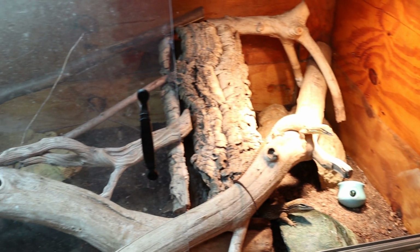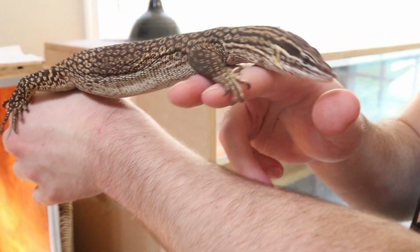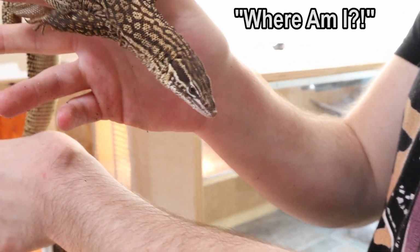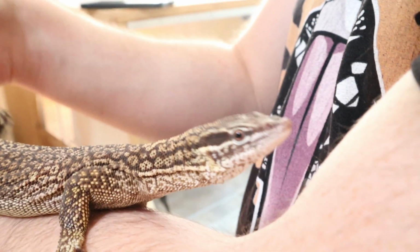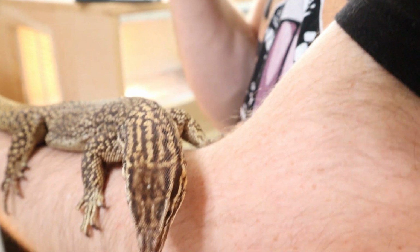More importantly, you want them to get adjusted and used to you in their environment, in their enclosure, in their home. That's where they feel safe, and if they feel safe with you in their enclosure, then that's a good plus, especially because you're probably going to do most of your interaction when you're in their enclosure with them. So that's very important. Obviously, you want to get them adjusted to you outside the enclosure, because a lot of reptiles, when they're in a new environment outside their home, are going to be a little iffy, and that could send them into sort of a different mindset where they're a little less trusting. So you do want to work on that too, but it's definitely most important to get them used to you